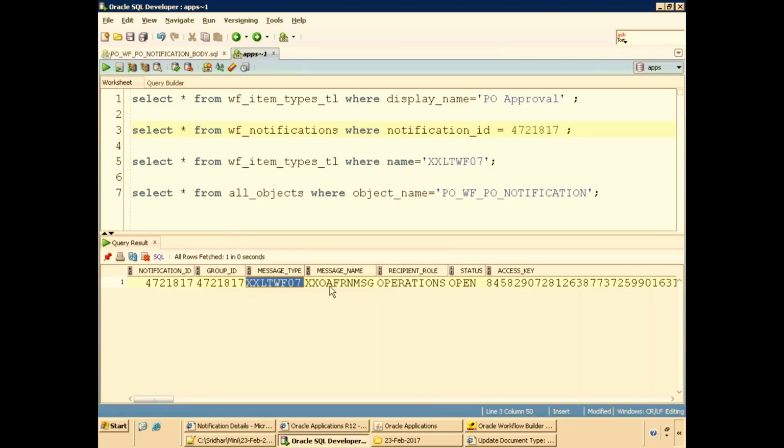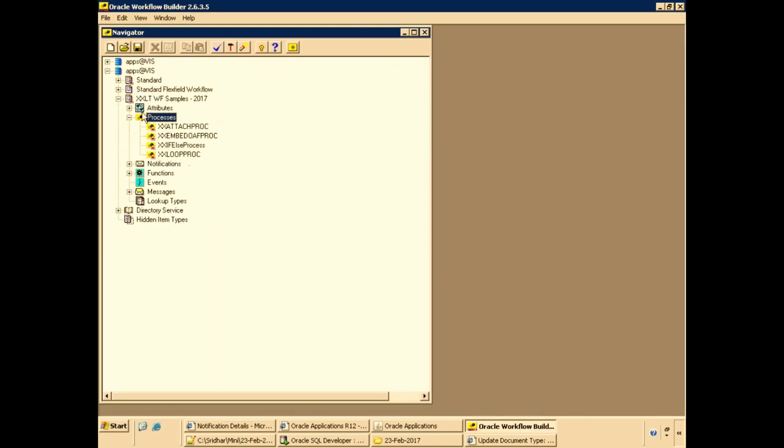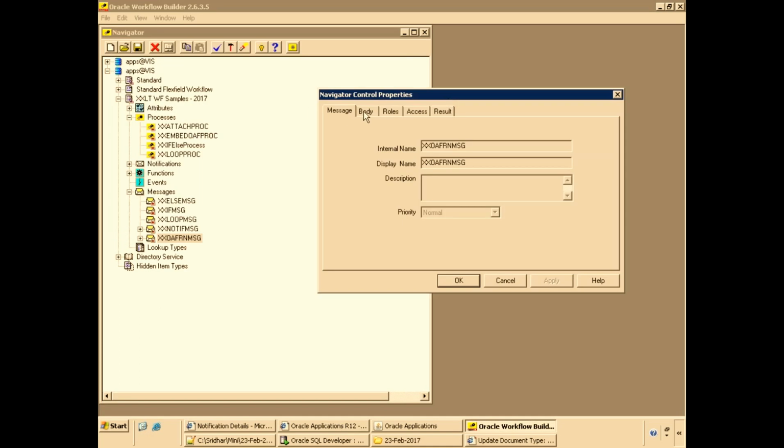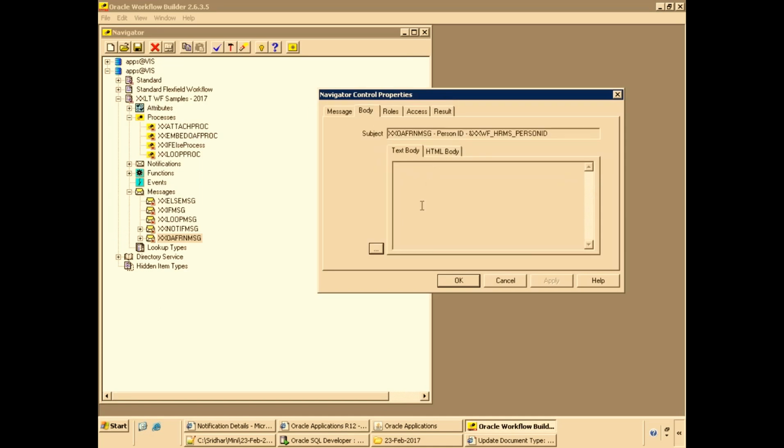So we just need to find out in which particular process this message is used. XXOAF RN message, right? So click on messages, XXOAF RN message. This is the one. Just double click on this one and see the content, body. There is no content in the text body, but just check the HTML body.